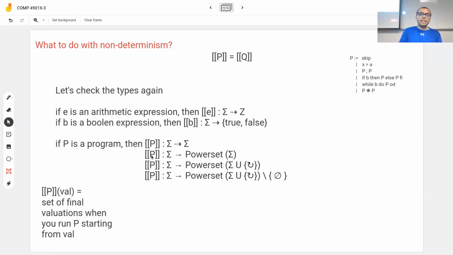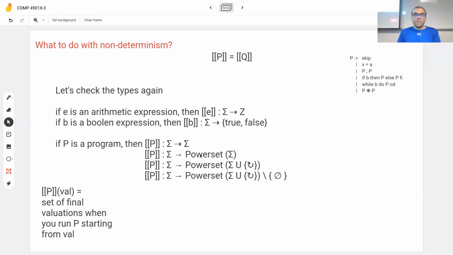So the first thing I can do is that I can just extend the definition, and I can say that, okay, now the semantics of a program maps the input state to a set of output states. So it maps sigma to the power set of sigma. But that's not enough,